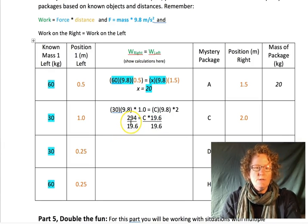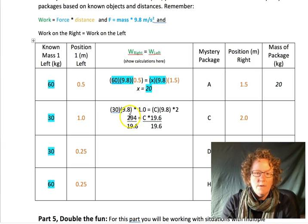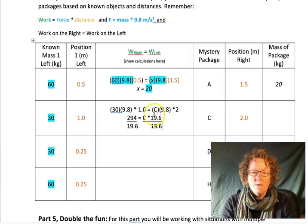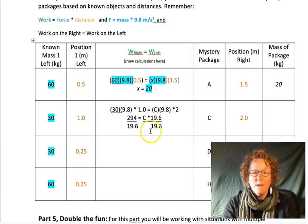And the answer is 294 divided by 19.6. I'm going to let you do that on your calculator. So, 294 divided by 19.6. And now you have the general way that you put numbers into the formula to